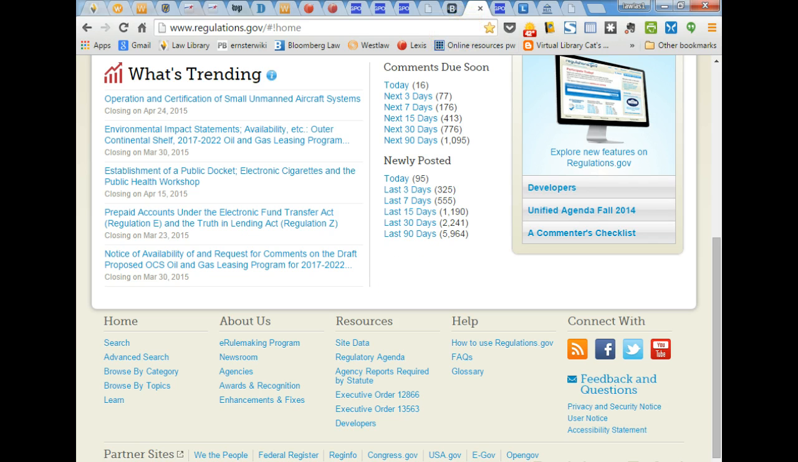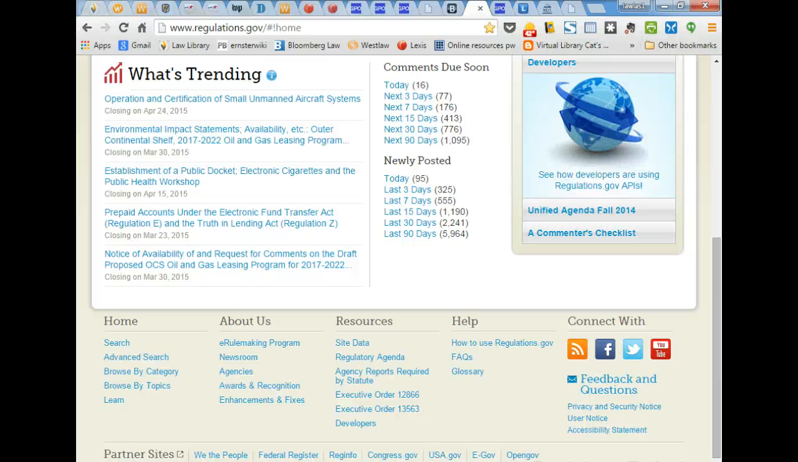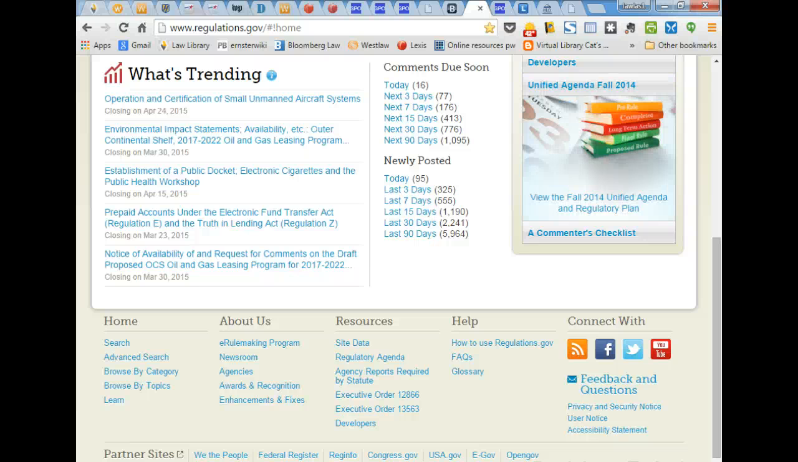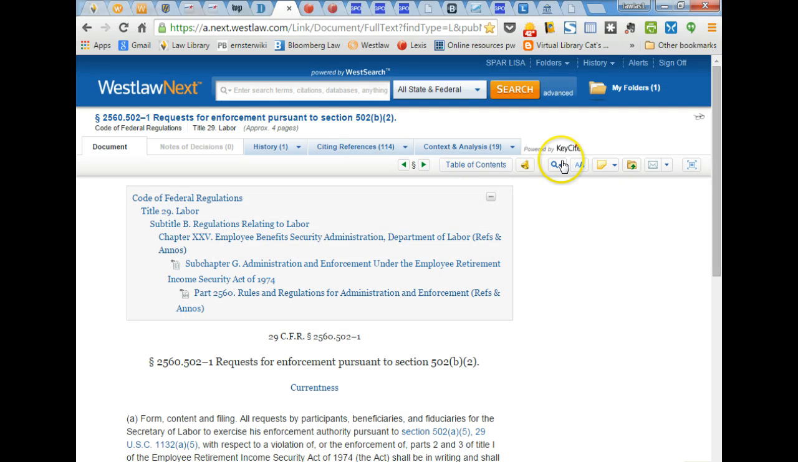Okay, one thing we haven't talked about, and of course you won't be surprised that this is coming, is updating, and updating. And yes, you got to do it too. And actually for regulations, it's a little bit more complex. Of course, when we're on Westlaw or Lexis, Westlaw and Lexis will incorporate whatever final rules are promulgated into the